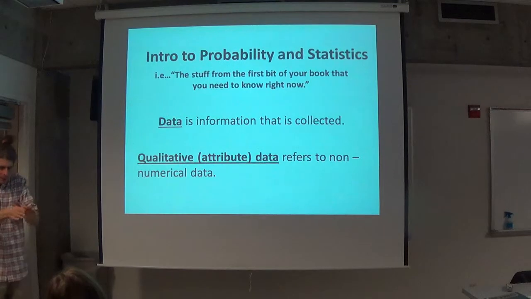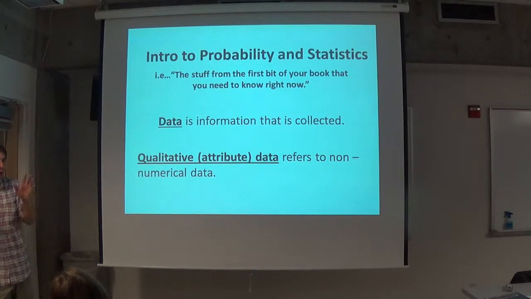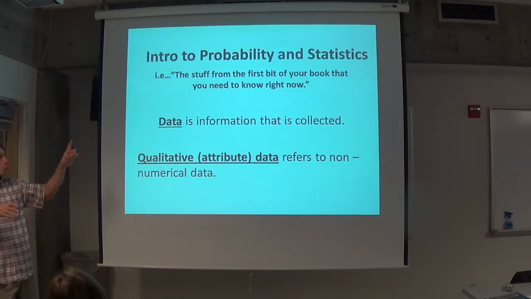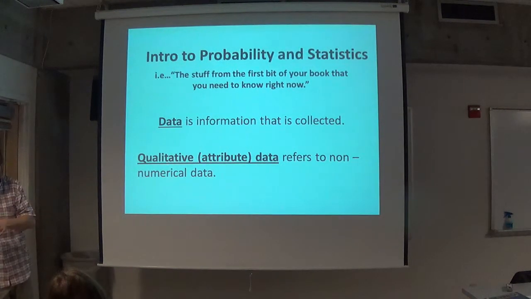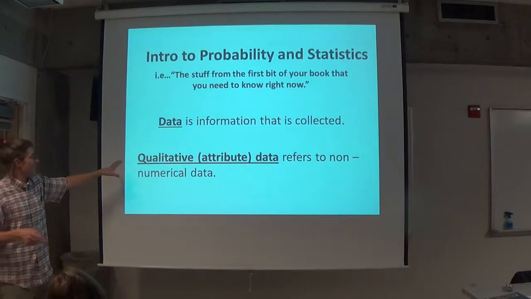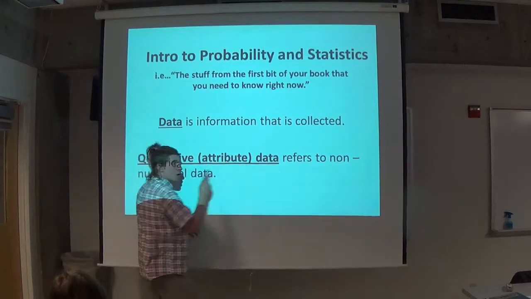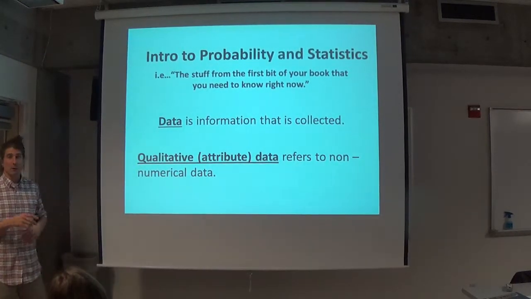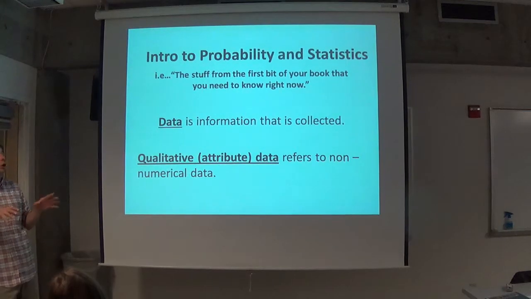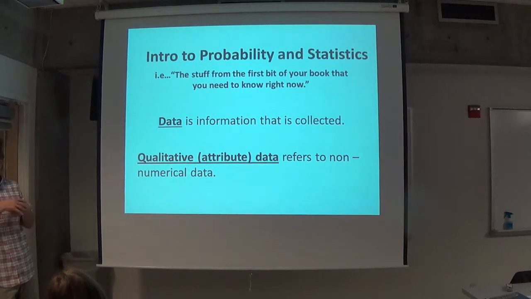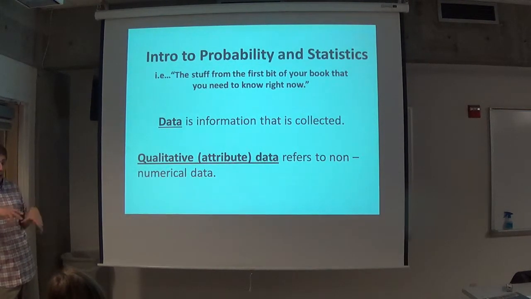And the reason I like to separate, you don't really have to, but I think it's clearer if you do, because there are certain things you can't do with qualitative data that you can do with quantitative data. So qualitative data essentially is any data that's not a number. For example, what style car you have, what kind of tires are on that car. Do you put studs on or do you not put studs on?